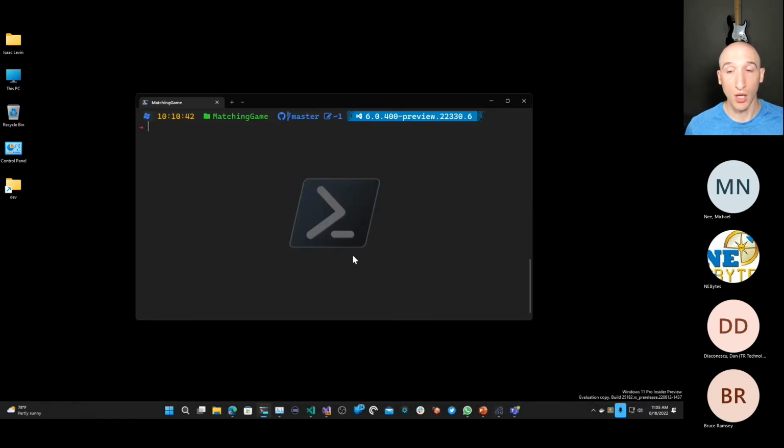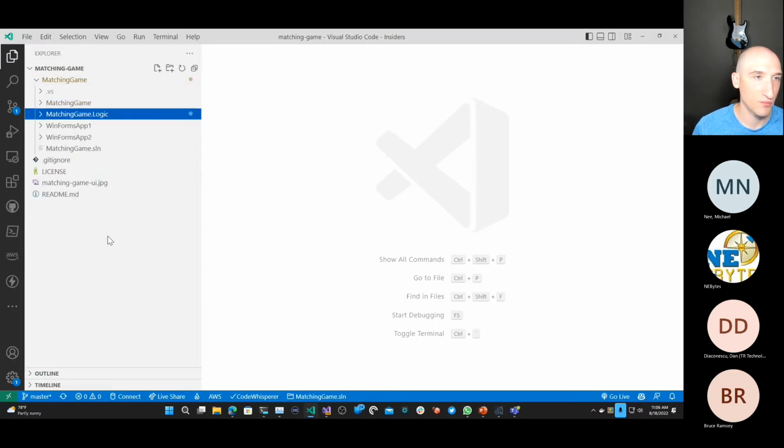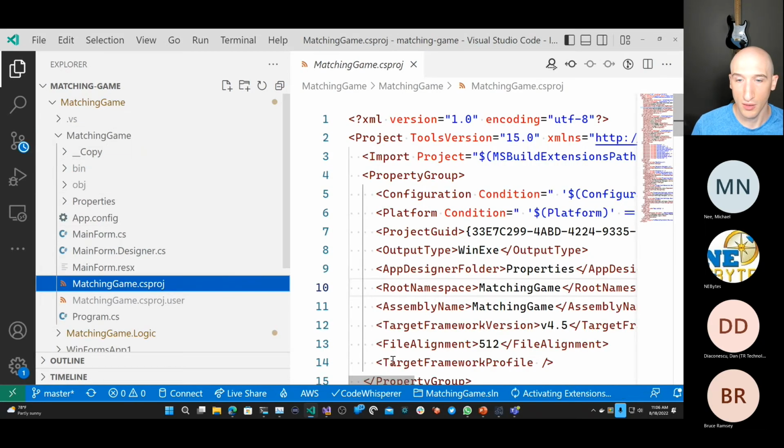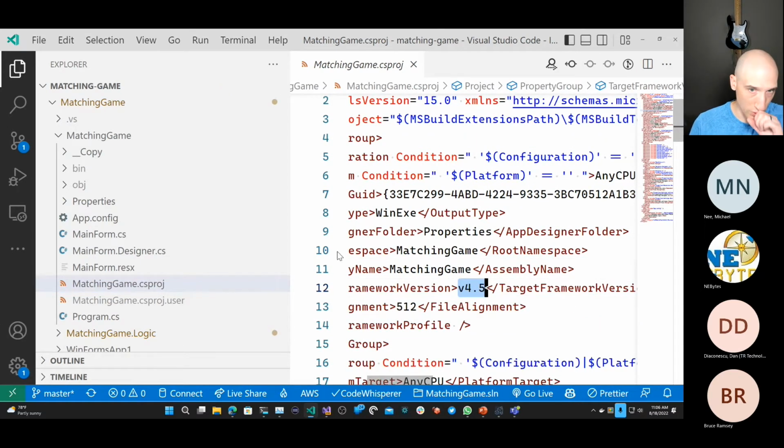And I wanted to show you another tool. Like I mentioned earlier, the .NET Upgrade Assistant from the .NET team is a command line based utility. So what I can do here is, let's just open this up for grins. I have a WinForms application with one class library. Let me zoom in a little bit. I can take this application and port it from the current version of .NET that it is, which is .NET Framework 4.5,